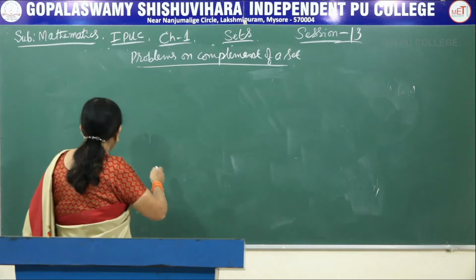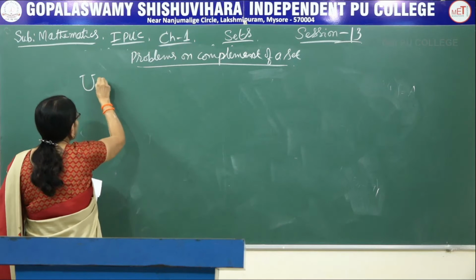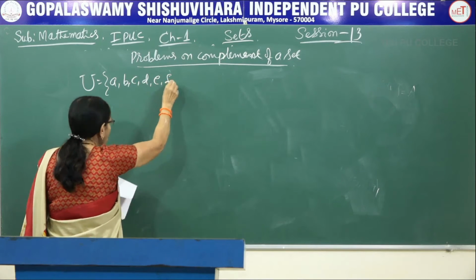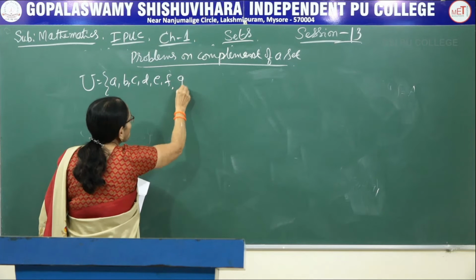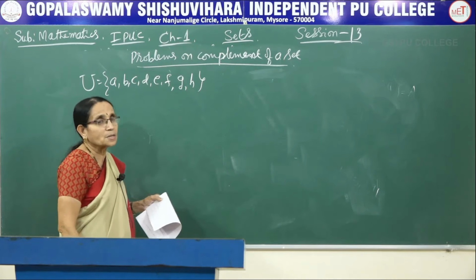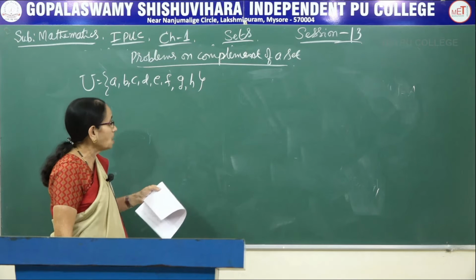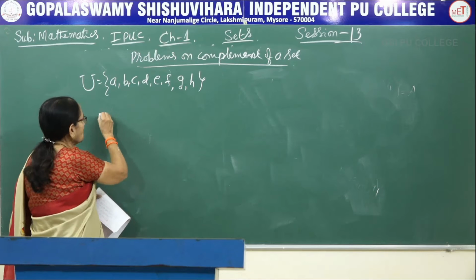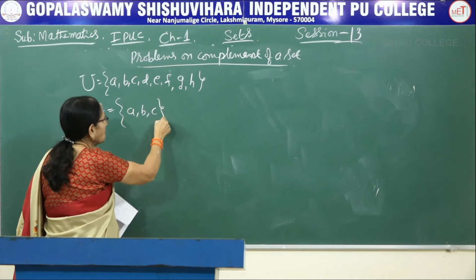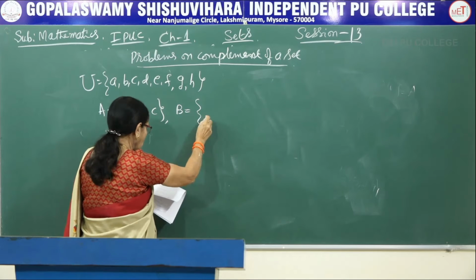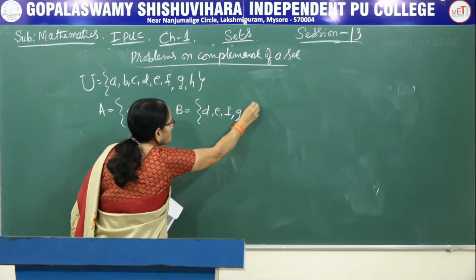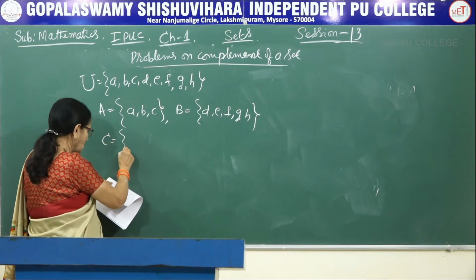Here I am considering the alphabets as the universal set. It is A, B, C, D, E, F, G, H. So I am taking the first 8 alphabets of the English literature. Now you have to find the complements of the following sets. The sets I have given you. Set A contains A, B, C. Set B contains D, E, F, G, H. And set C contains